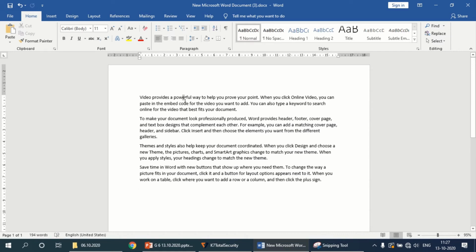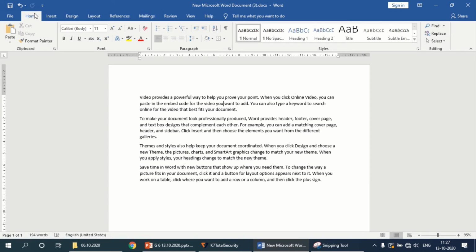See, between these two lines, what is the amount of white space used? That is line spacing. So to set the line spacing, what you have to do? First, you have to place the cursor in a paragraph. Suppose I want to format the first paragraph. So I have to place the cursor here. Anywhere you can place the cursor. And the next step, click the home tab. Here is the home tab.